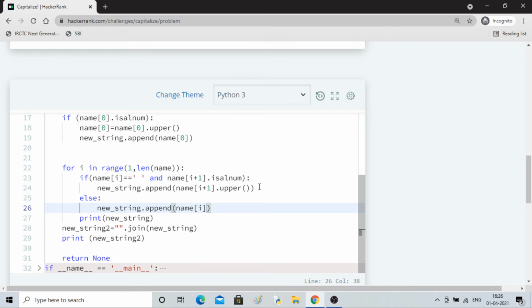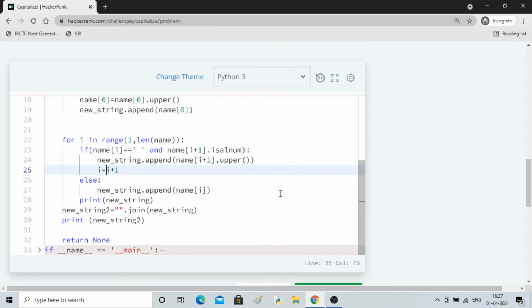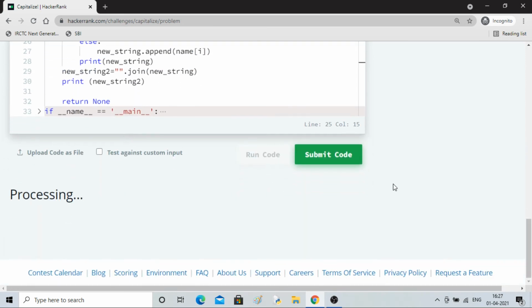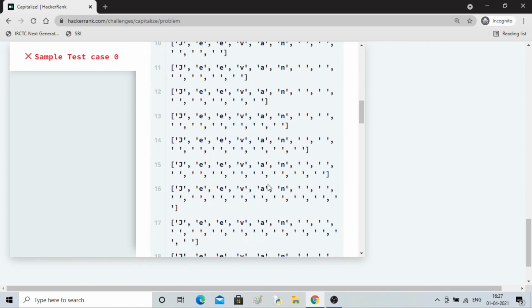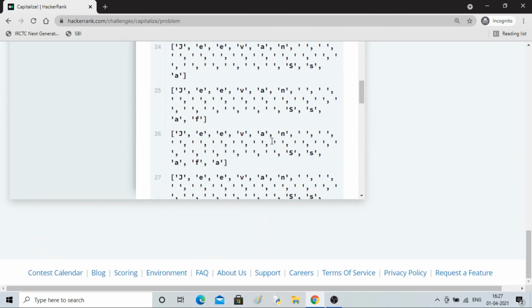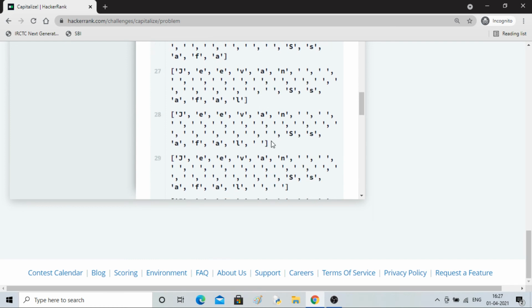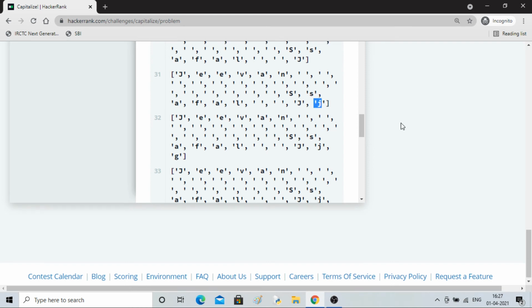Okay, I can also increase the value of I, right? I is equal to I plus 1, so it will not go to the S position. G1 is still going to SS, that's the problem. We don't have to cover S again. Similarly, J is also getting covered 2 times.